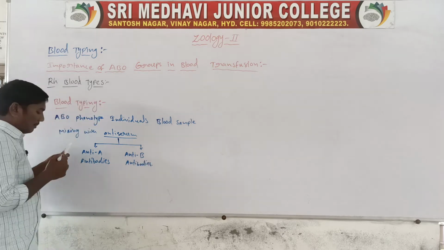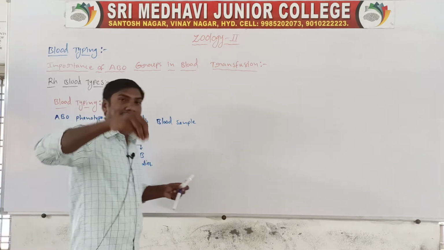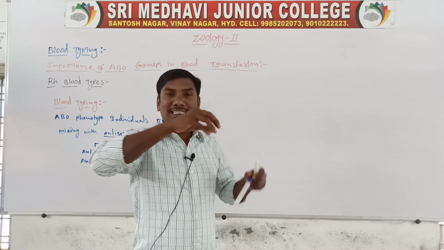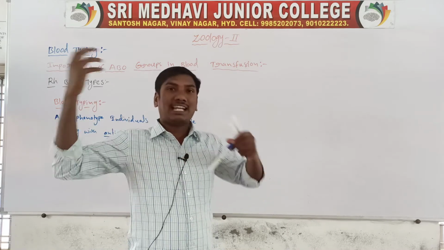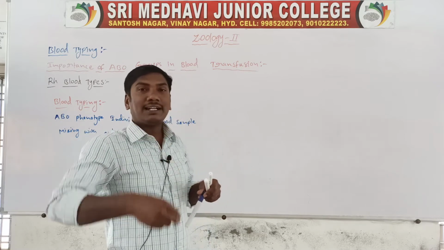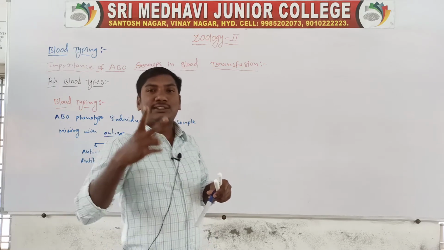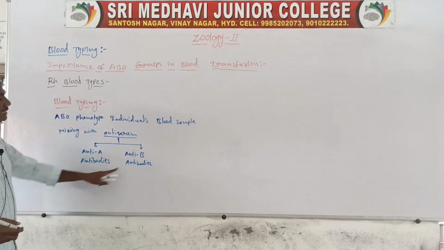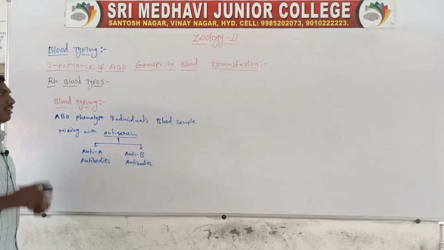So for blood typing, the blood sample is mixed with anti-serum. The anti-serum contains two types of antibodies. One type is anti-A antibodies, the second is anti-B antibodies. For example,